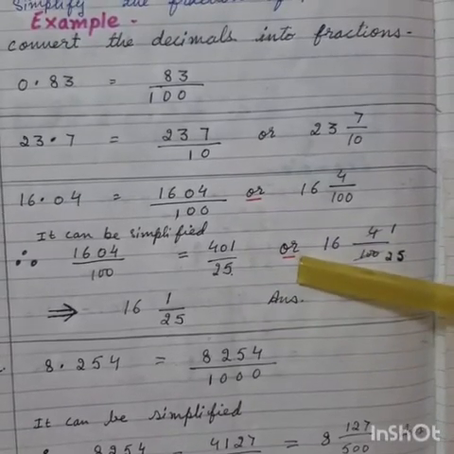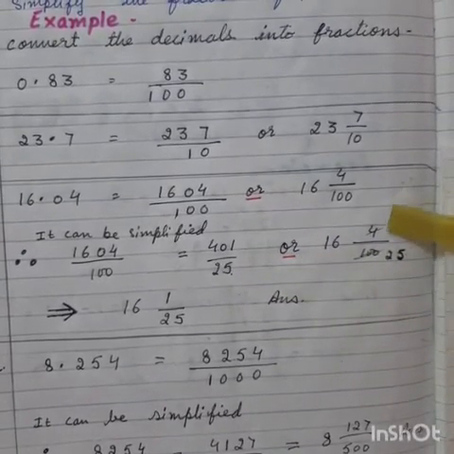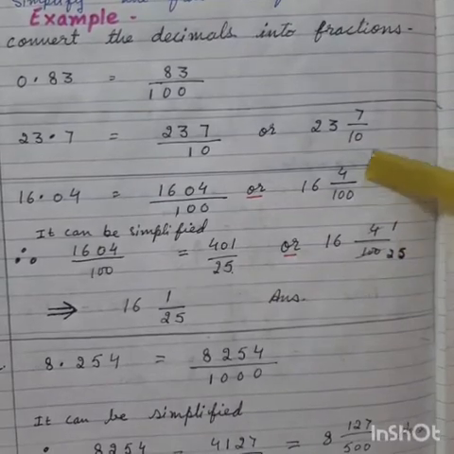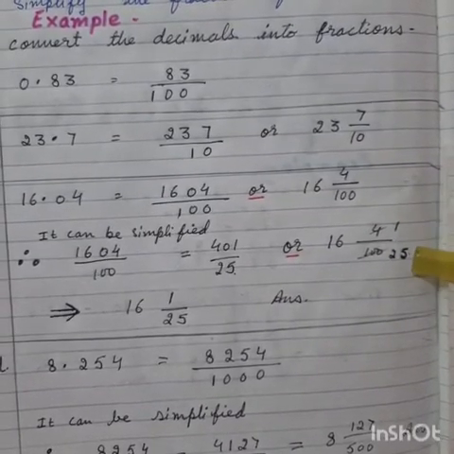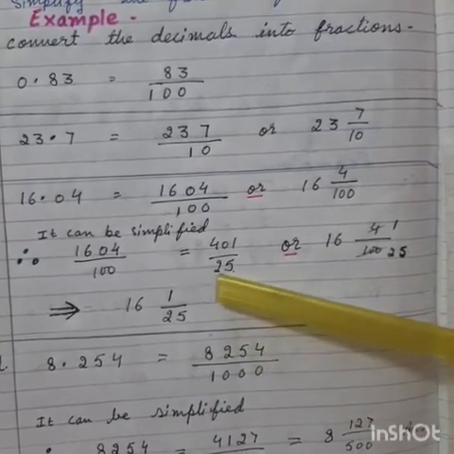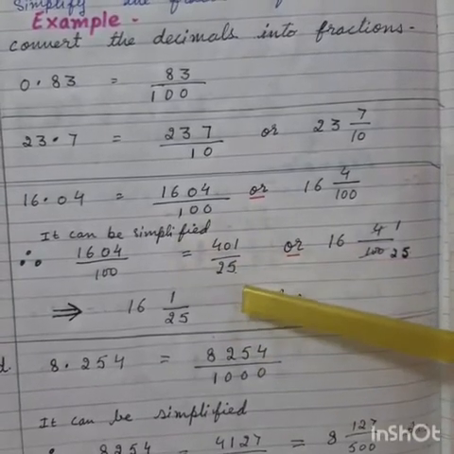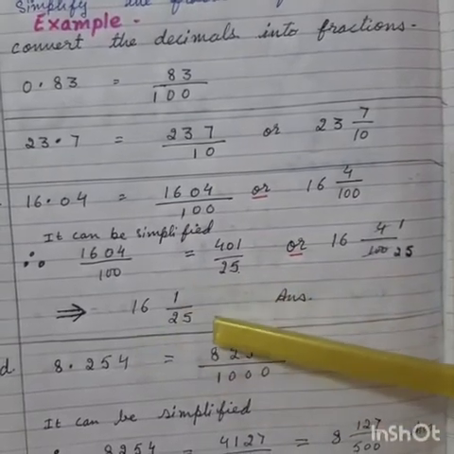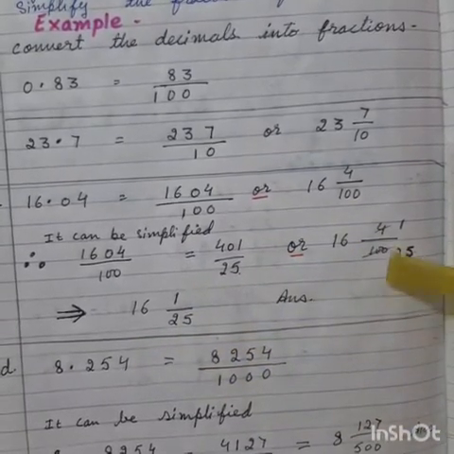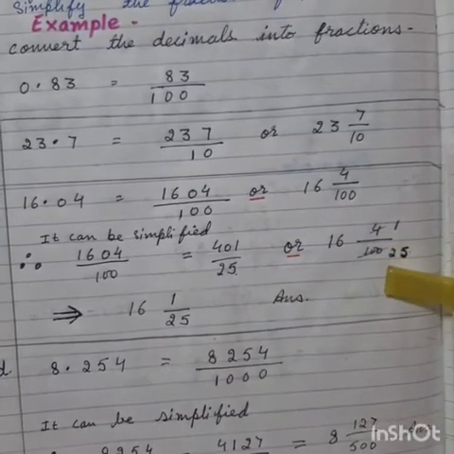And further we can divide also 4 upon 100, the second mixed fraction which we had before. It will give us 1 upon 25. So if we take the reduced fraction and make it a mixed fraction, we will get 16 1 upon 25, or we can use this fraction also to reduce and get our answer. Let us see one more example.